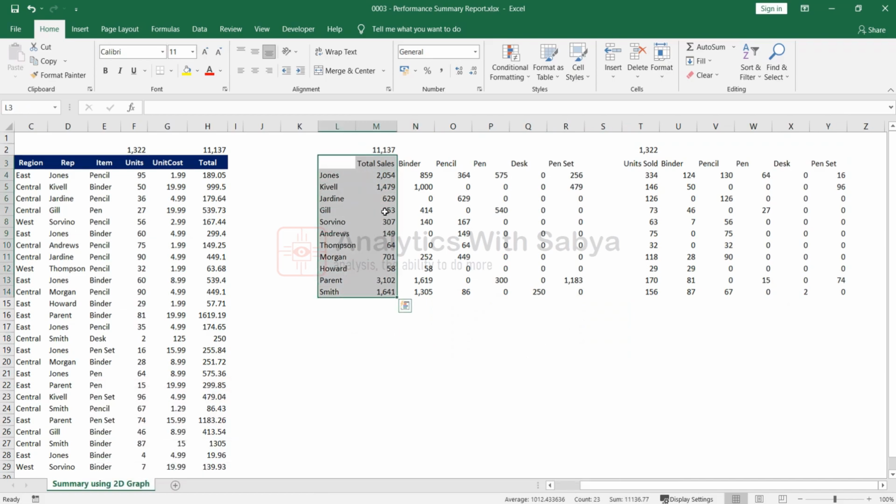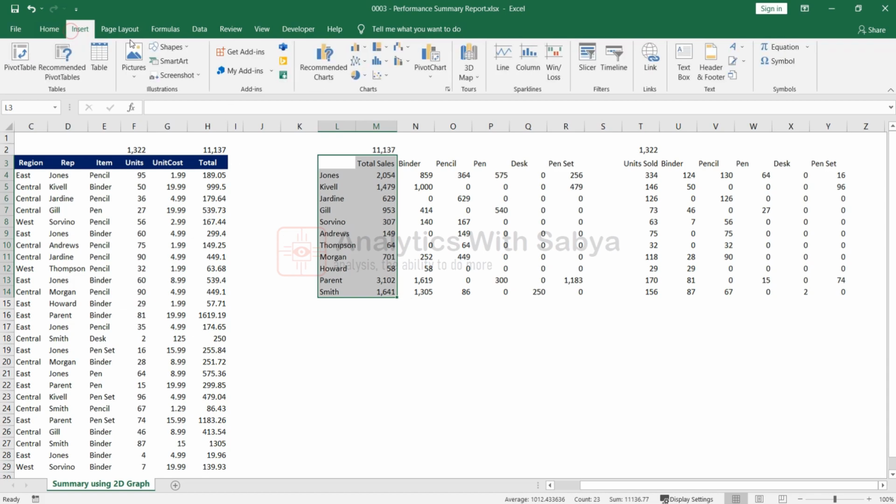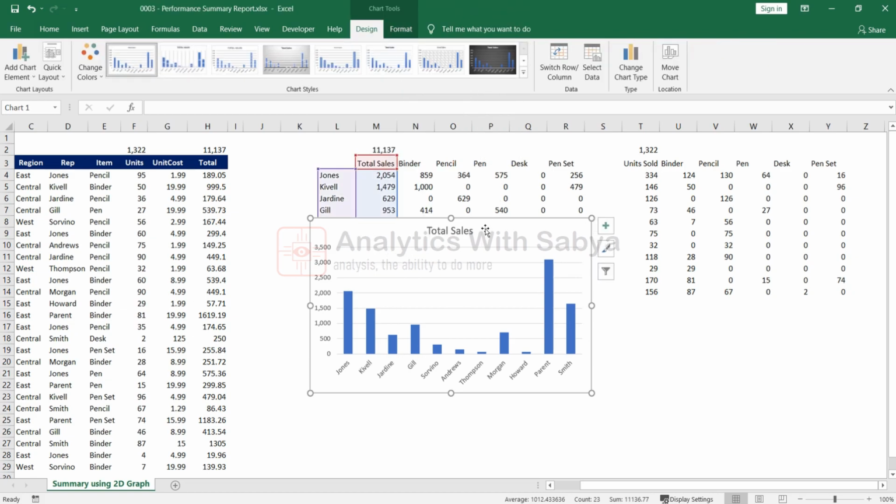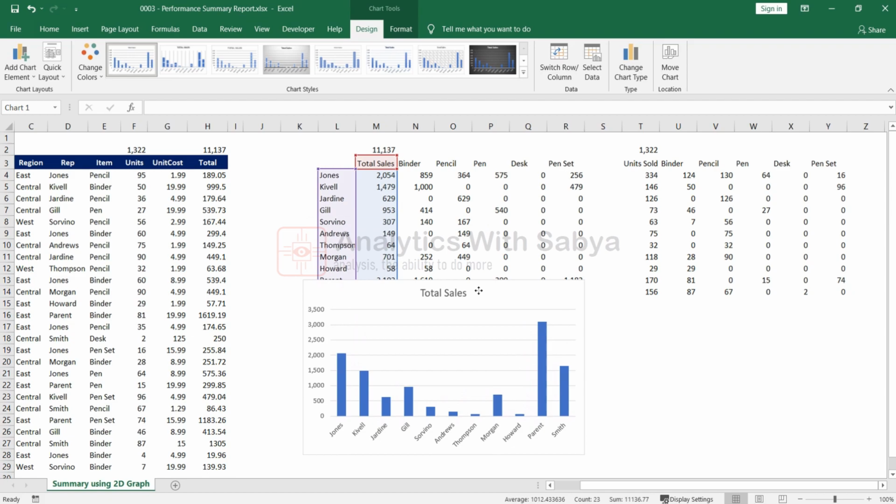Then what we do is we just select the range. Say for example, this is going to be the first bar graph that I put, the total sales done by my representatives. Select this range, click on insert, and then we just put in the graphs. So let me just select stacked column for now. Once I put the stacked column, immediately the numbers come over here.